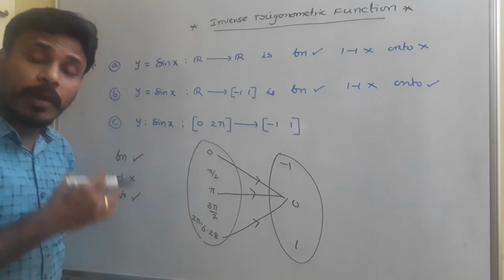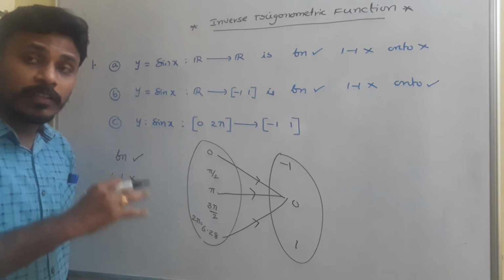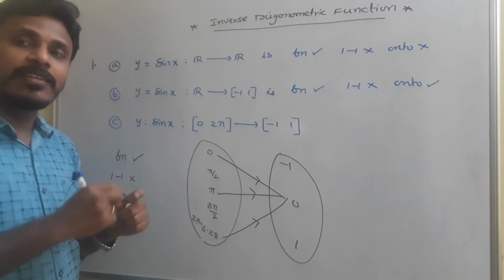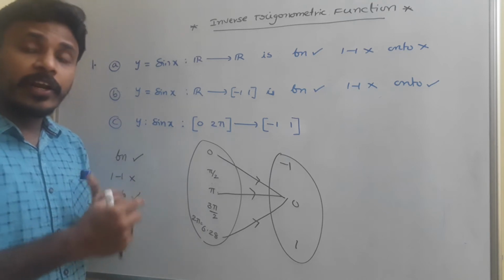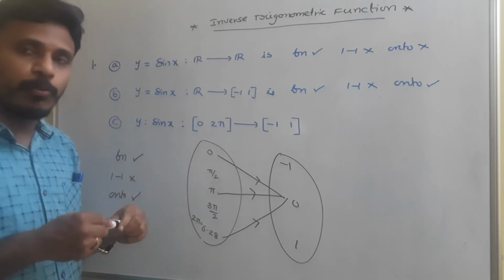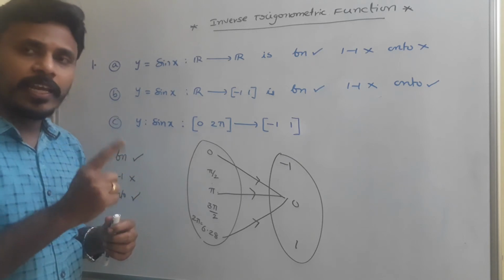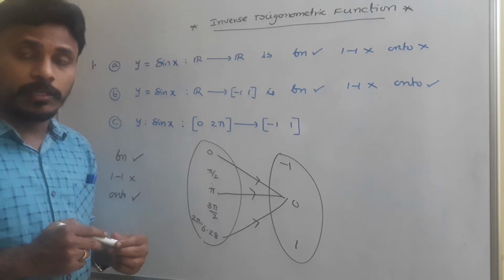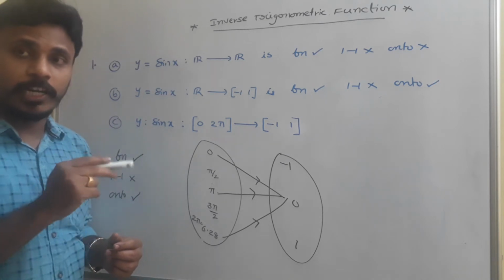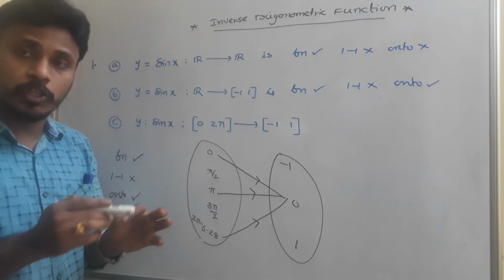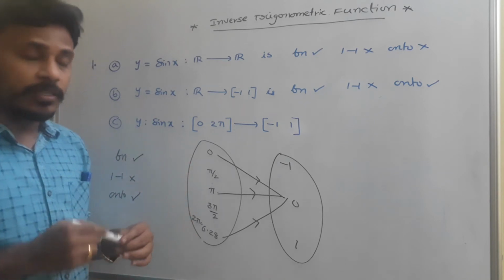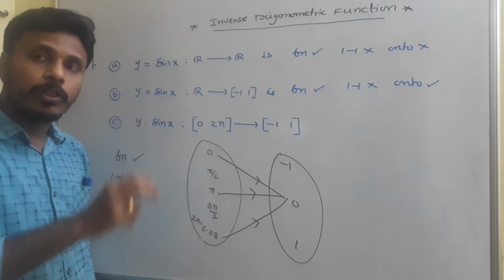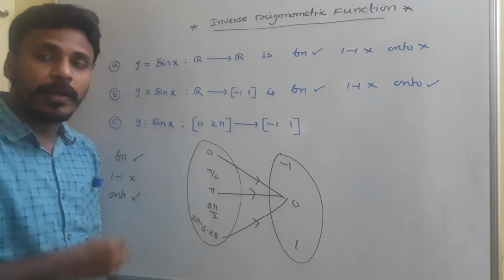My intention is to make a bijection. For that I need to consider the reconstruction of sin x, redefining the domain. First of all, you just think about that sin x. We know that sin x is positive in the first quadrant, positive in the second quadrant, negative in the third quadrant, negative in the fourth quadrant. From trigonometry we are very clear that sin x is positive in the first two quadrants, negative in the third and fourth quadrants. Since we are going to make a 1-1 function, I need to consider all those inputs depending on the outputs.